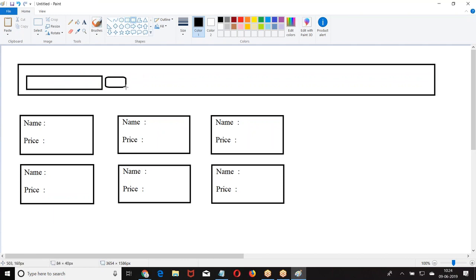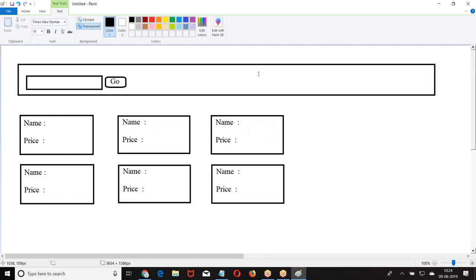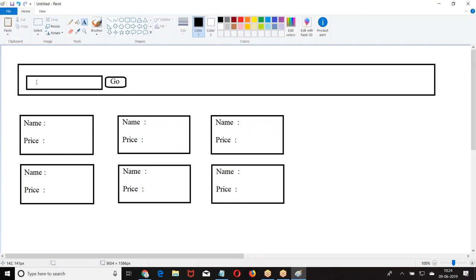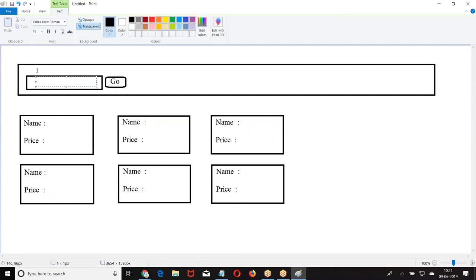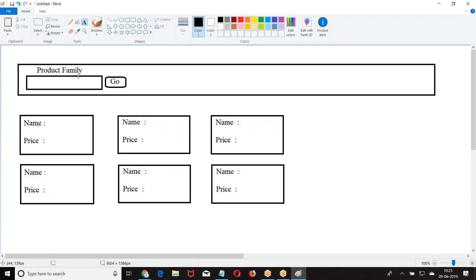We already did the partial operation for this. You just check it out. You are going to enter the product name, or the product family. Here the product family should be given. When you click on the product family, use a pick list field. When I select the product family,